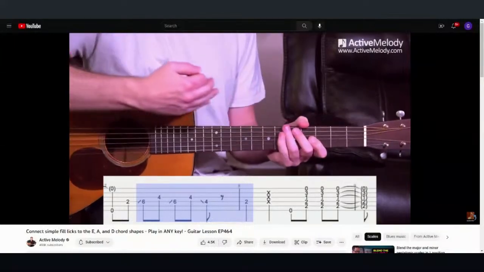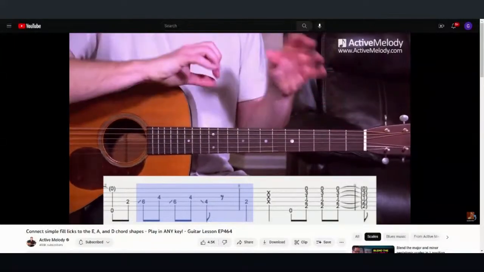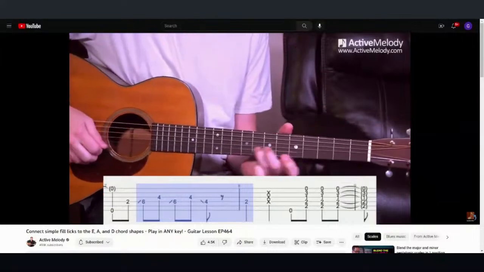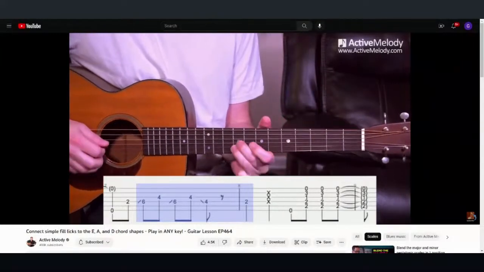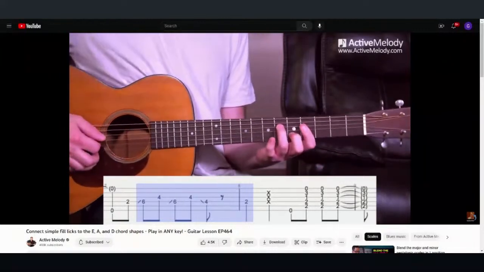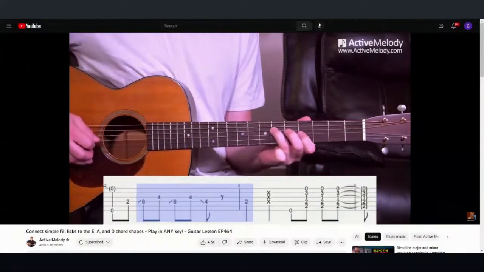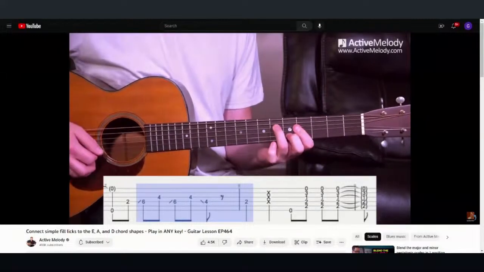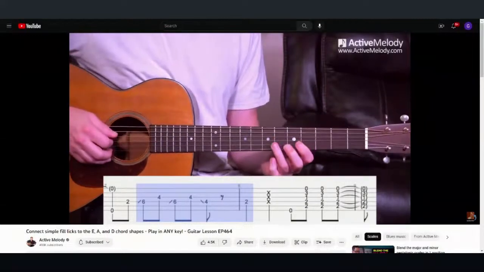So anyway, what that means is I can go into any of those and just play 2 notes out of any of those. So I could go, right? That's a fill lick, and it's really just based on the chord shape. So this one that I'm playing here is coming out of that C chord shape. Hopefully you get that, right?